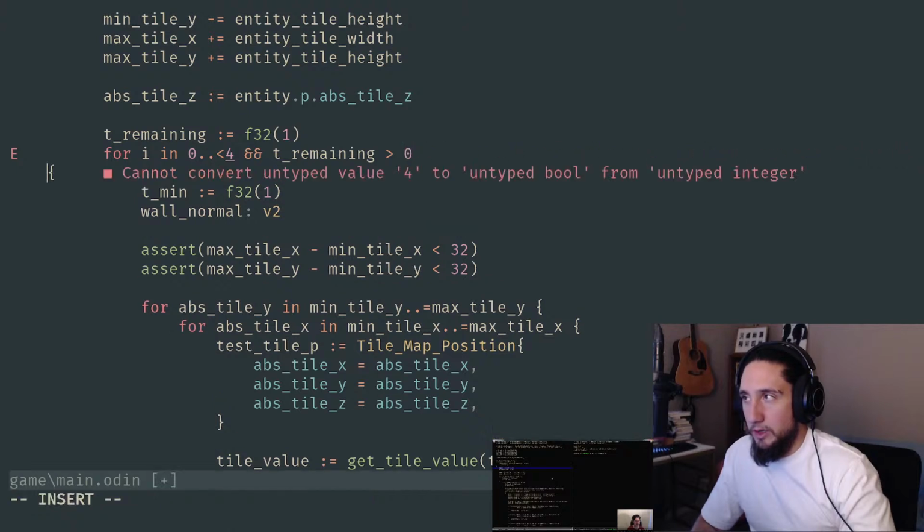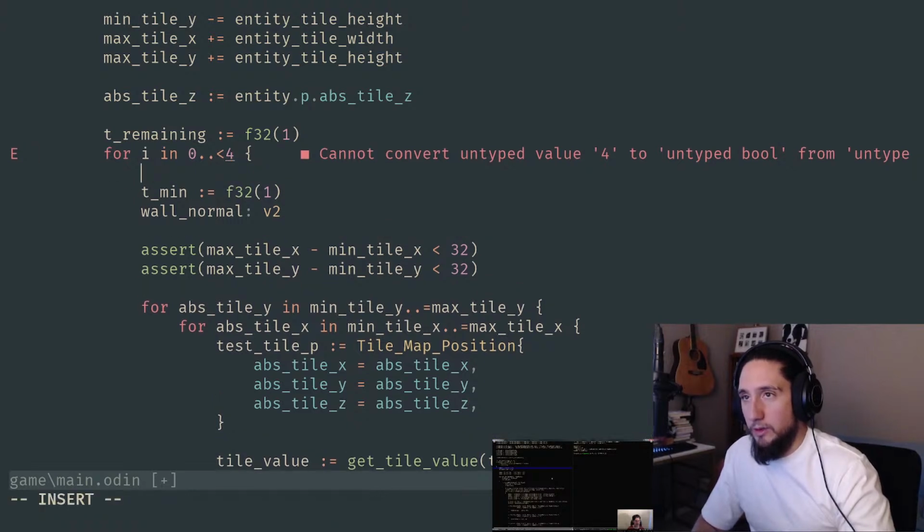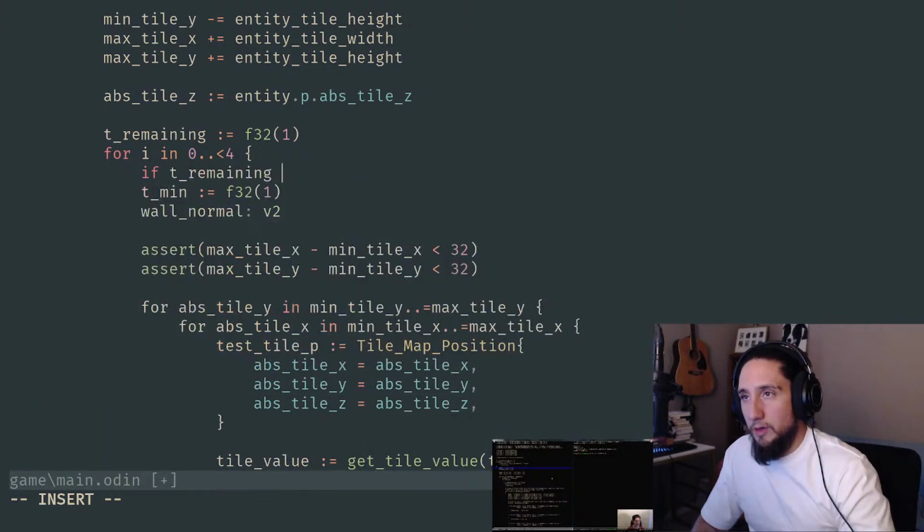What is this complaining about? Cannot convert untyped value 4 to untyped bool from untyped. I'm not even going to try and understand what that means. That seemed like a wrong thing to do, and so I just want to beg for forgiveness and